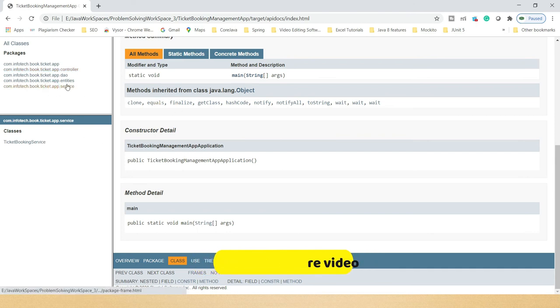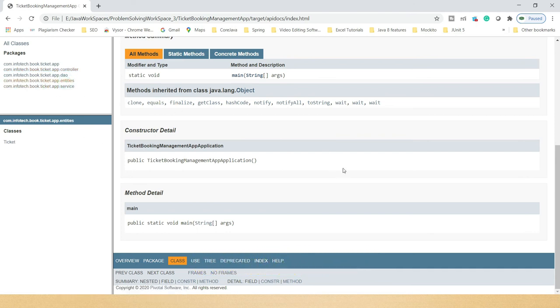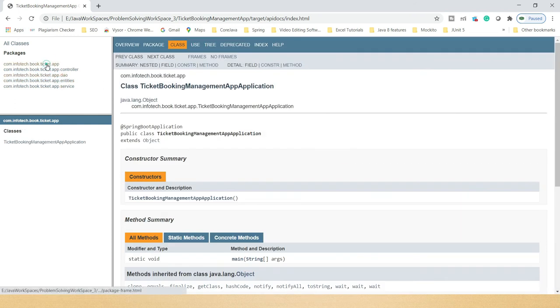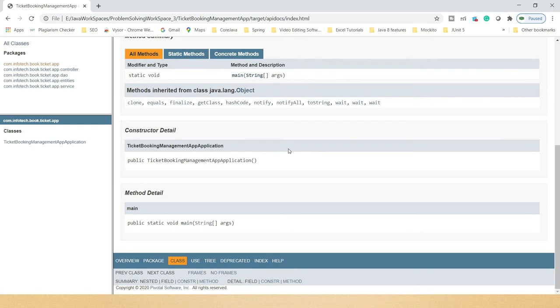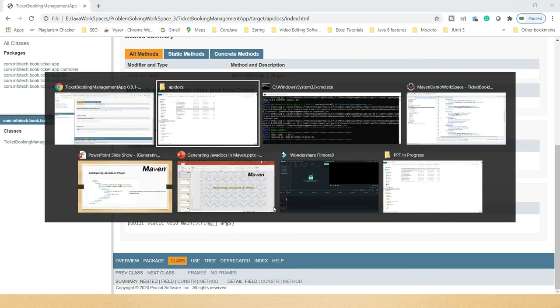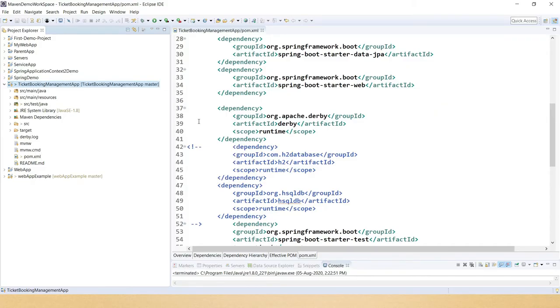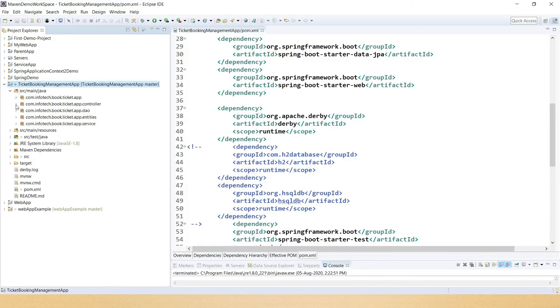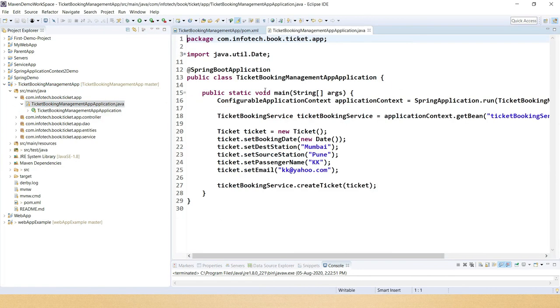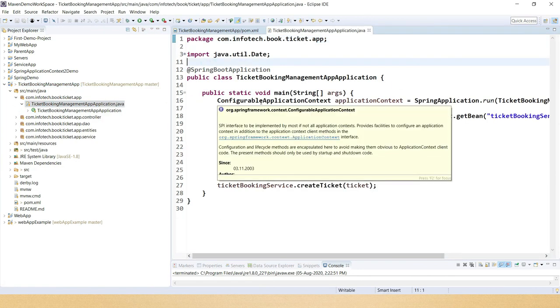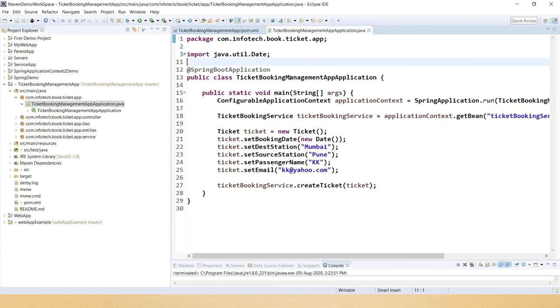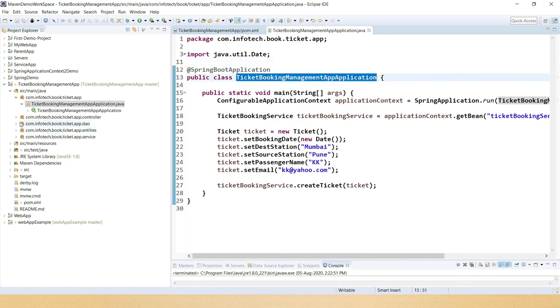So if you create this kind of documentation, right, then other developers can understand your application in an easy fashion, right? So that's one thing I would like to request over here. When you start coding, don't forget to specify javadoc. Let's say this class doesn't contain any javadoc. You should specify the responsibility of this class.